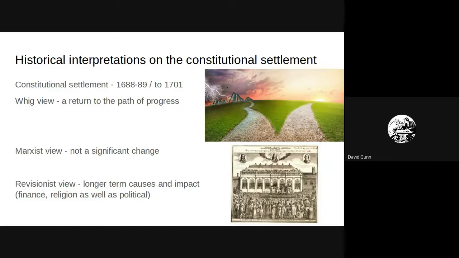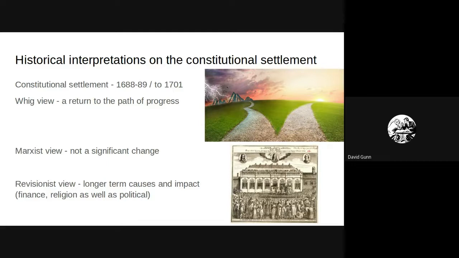The Stuart monarchs were taking England down this road of tyranny and absolutism, and the events of 88, 89 put England back on this track, which you could say started with Magna Carta, right? And then ended up at the pinnacle, as they would see it, of Victorian